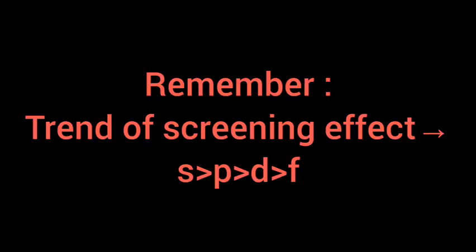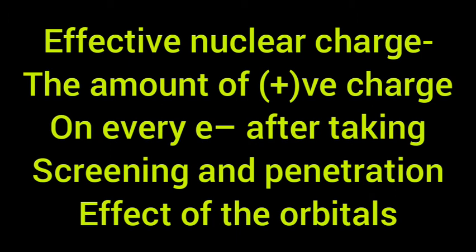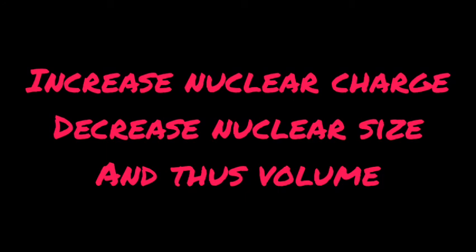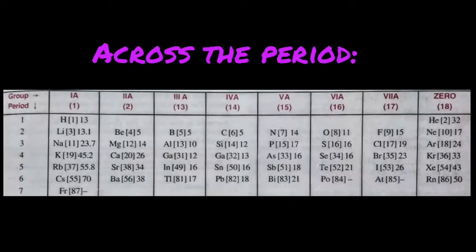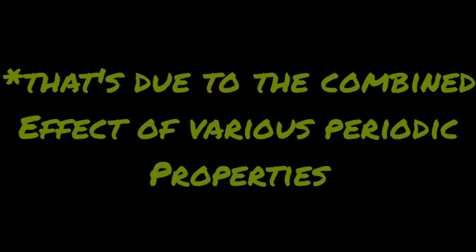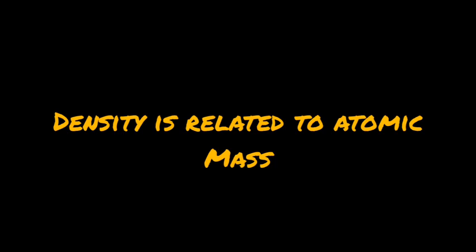Therefore, the effective nuclear charge, that means the nuclear charge on the electron after considering shielding effect, electron repulsion, etc., increases and leads to a decrease in atomic size, and their volume also decreases. So, in general, the volume increases almost regularly down the group due to the addition of shells, but there is no such hard and fast rule across a period, because different elements can pack in different arrangements. Note that atomic volume is a periodic property, but density is not.